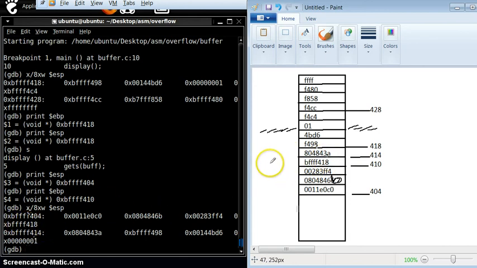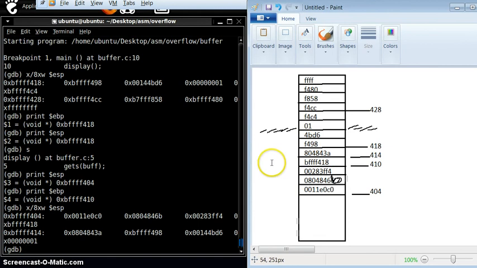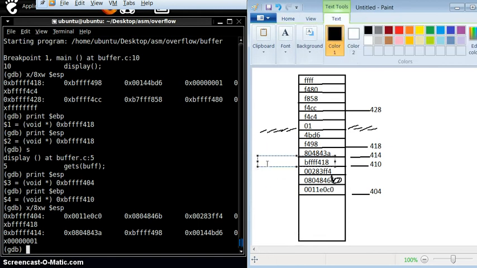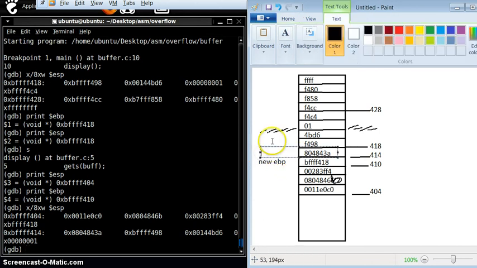Okay, let's mention it over here also. But EBP, this is a new EBP, I guess. Is it? No, I'm at a wrong place. New EBP. Okay, and this is our return address.